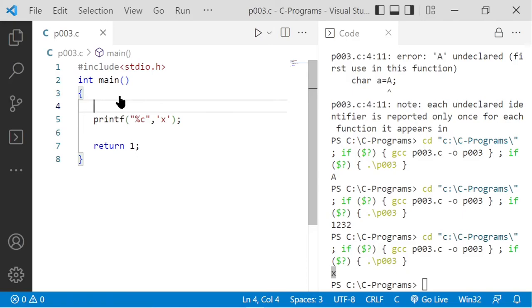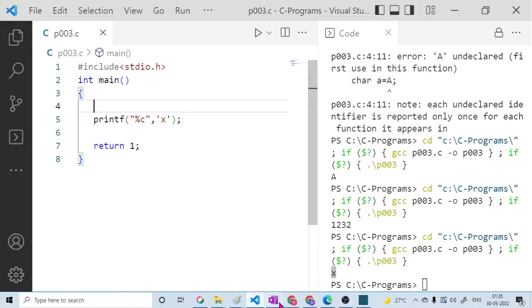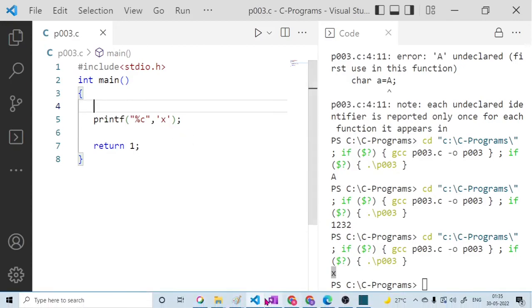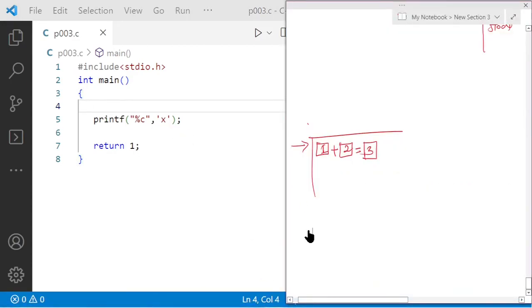Now, when I was explaining this character data type, I said that the size of a character is 8 bits. Although I said you can store a character, how will it be stored in the computer? What are these letters actually? These X, Y, Z, A, B, C. What are they? They are nothing but